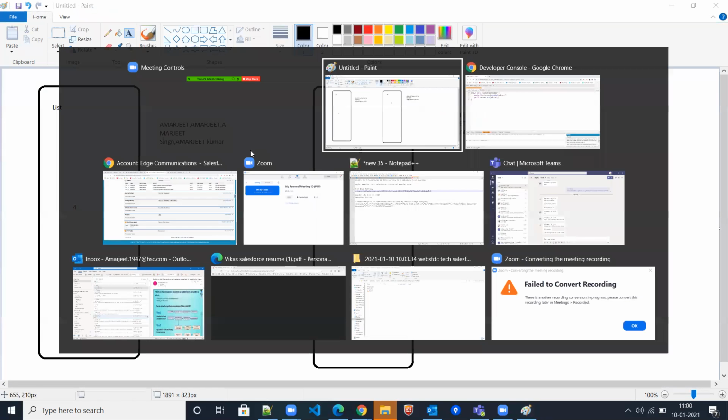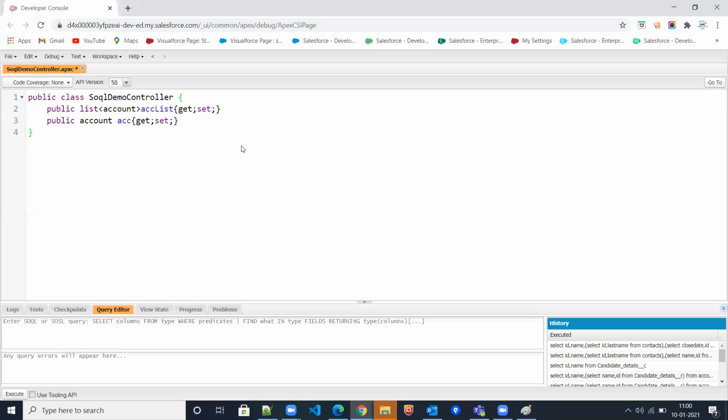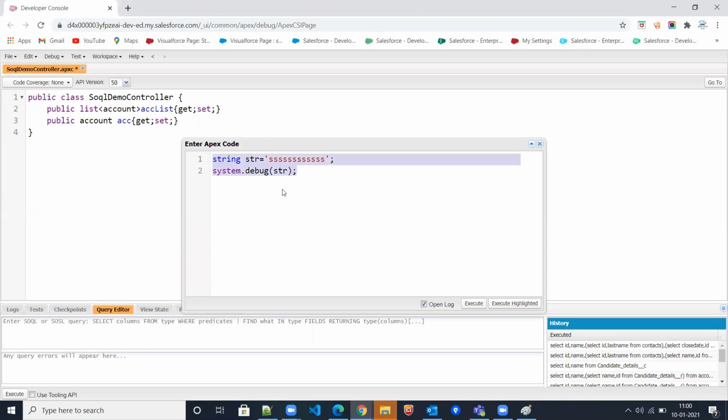So if you go to your class, to the developer console, and create one variable, let's say we have created one str here. A str can store only one value at a time. But if you have multiple values, how can we display them? We create a list of string here: str list is equal to new list of string.